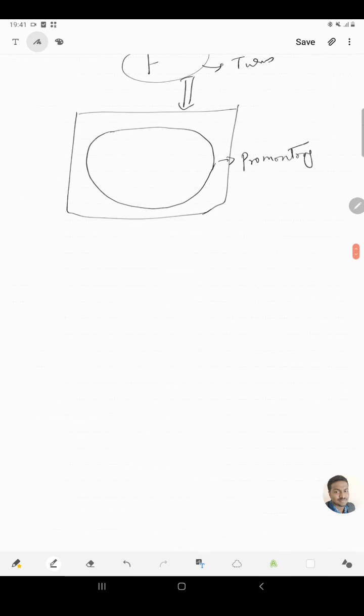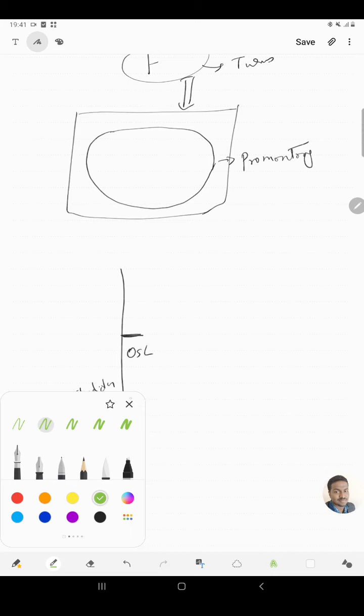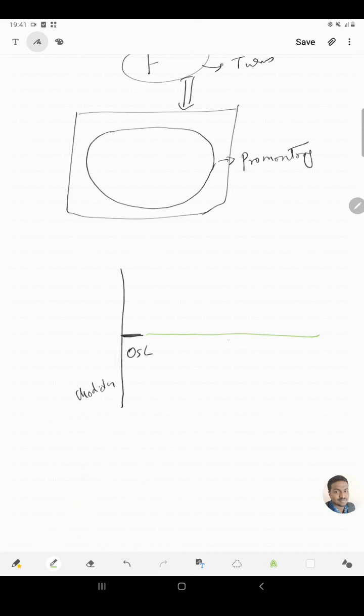Next, because of this basilar membrane, now consider this to be the modulus, guys, and this part to be the osseospiral lamina, to which I said the basilar membrane is attached. And this basilar membrane is attaching to what? Again to the cochlea, right? So this is the cochlea. We'll consider the bony cochlea. So till now we have constructed something.